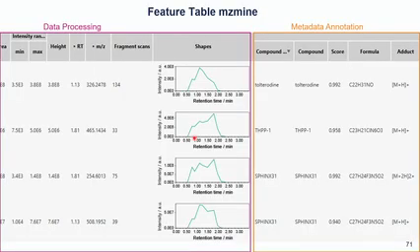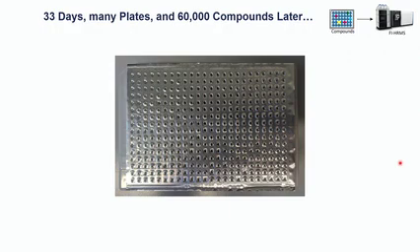And then you saw the feature table today, so you worked with mzmine. So we see on the left side the data processing part that you just did today. And then on the right side, we see the metadata annotation, which was done on the metadata that we provided. And then we can see these were the compounds that were found in the sample, and also the different adduct types that you set during the processing. And then from here, we acquired actually 60,000 compounds. Of course, some were the same compound. So in the end, it was like